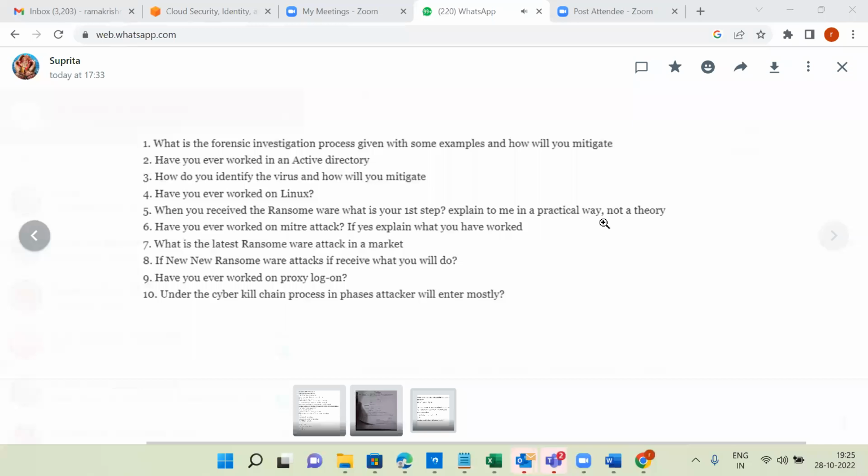Understood, right? Whatever I taught you in the class, everything is explained, that's all. But you have to correlate. You have to map everything. I did not say I don't know. I said, okay, I know a little bit about Active Directory, but I explained so much. That is sufficient.